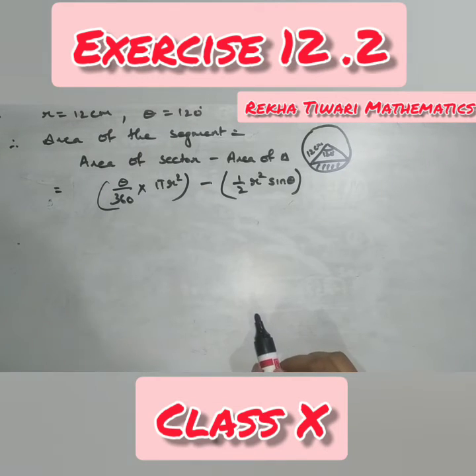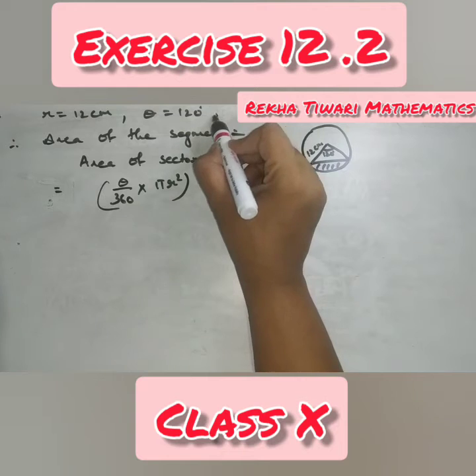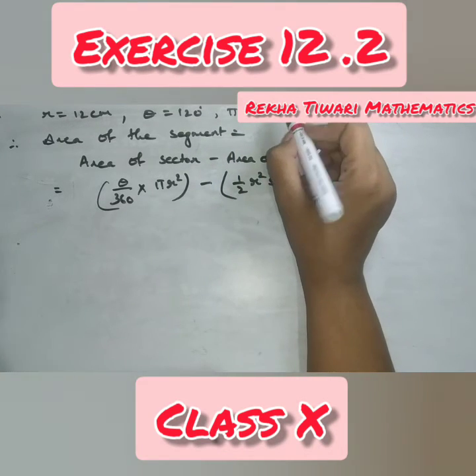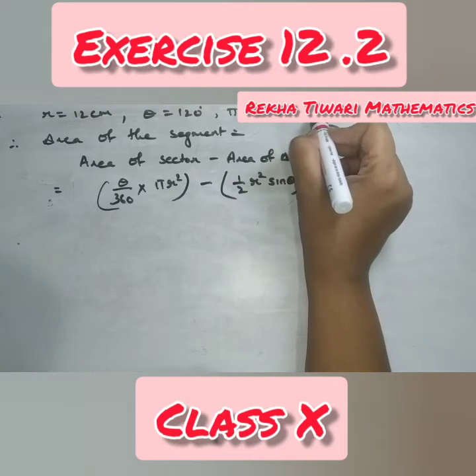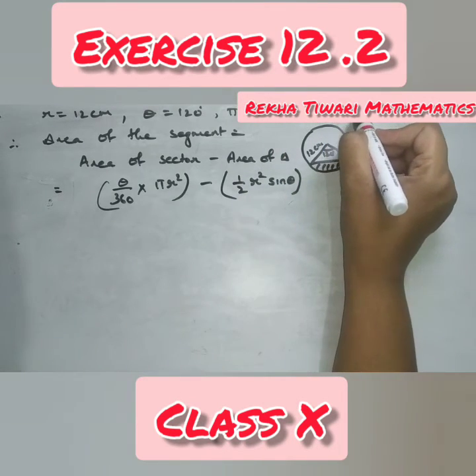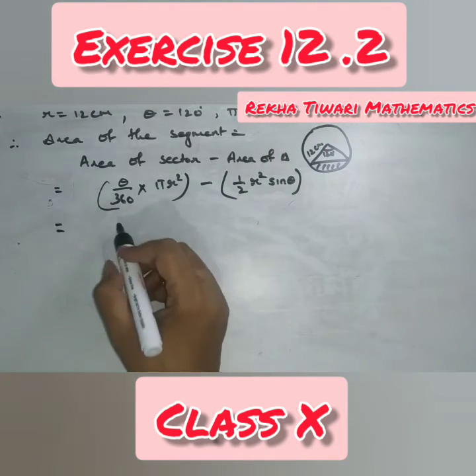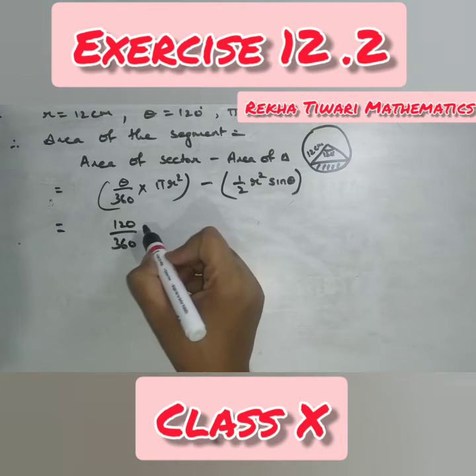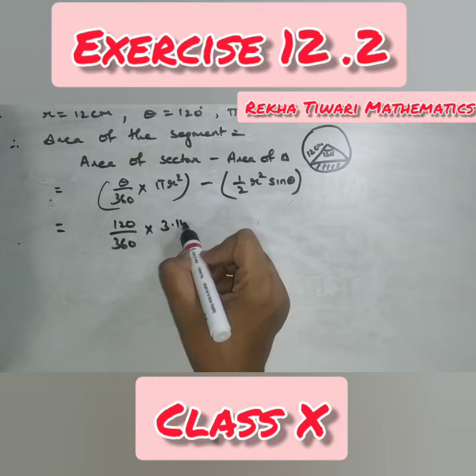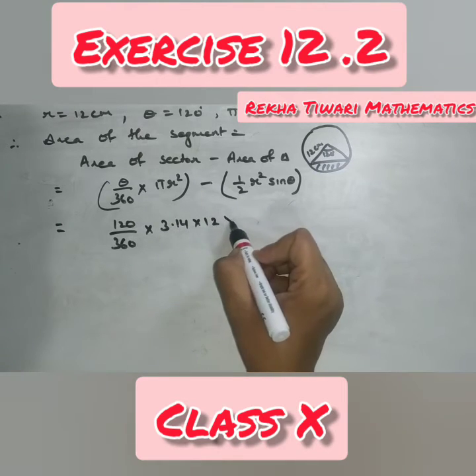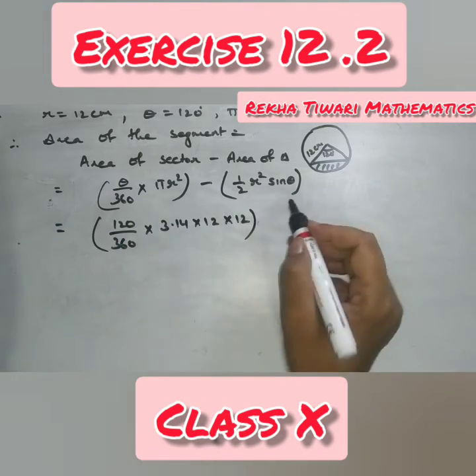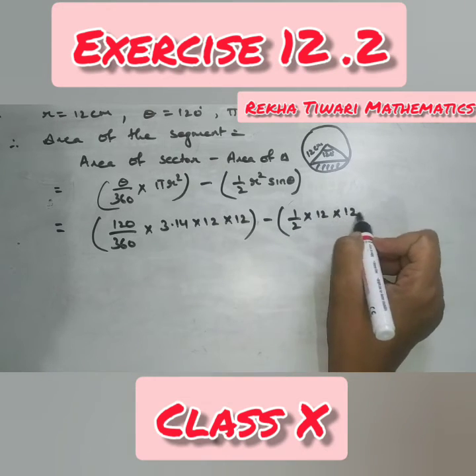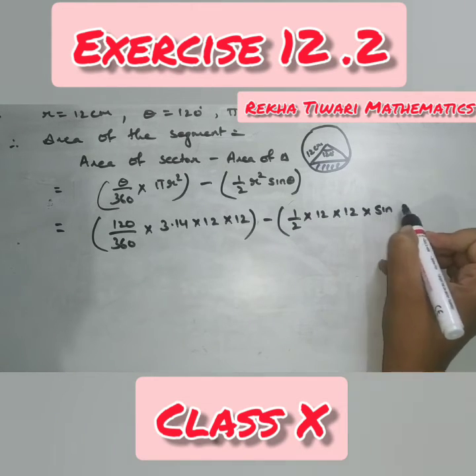Now two more things are given to you. Pi as 3.14, you have to use pi as 3.14, and root 3 as 1.73. Put the value: 120 upon 360 into 3.14 into 12 into 12 minus half into 12 into 12 into sine